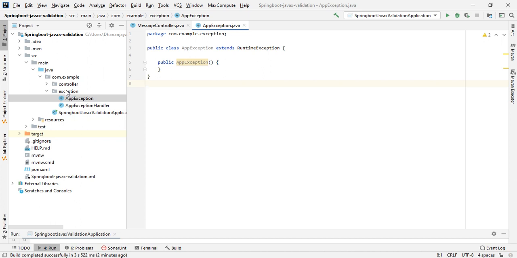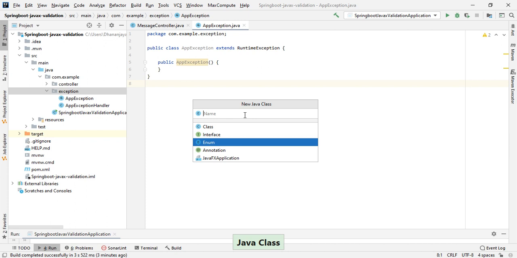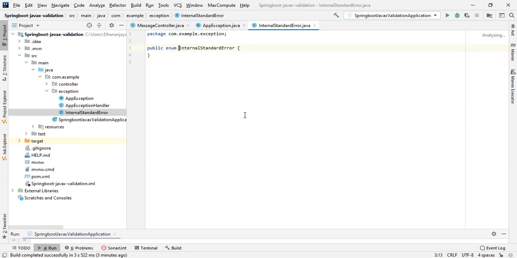Let's create an enum for that. InternalStandardError. Inside the enum, let me add getters and all-args constructor.